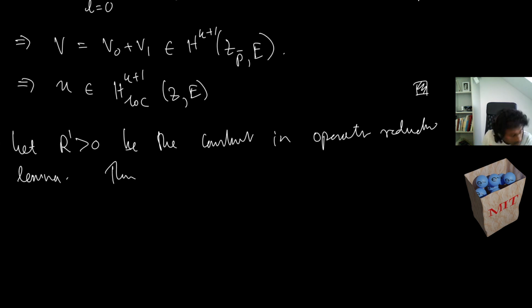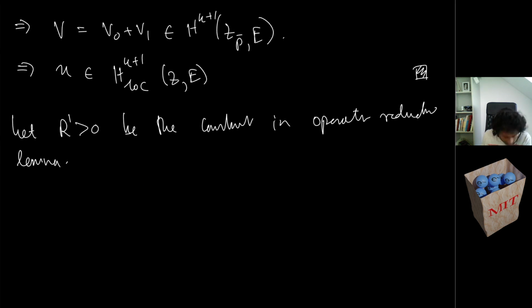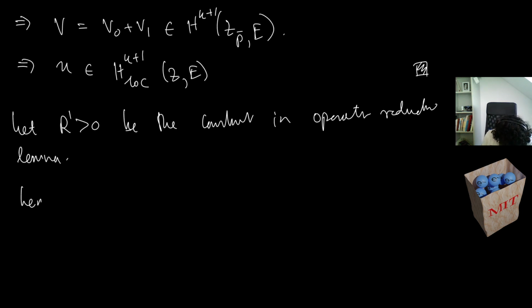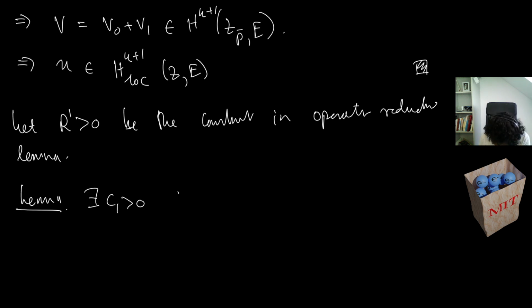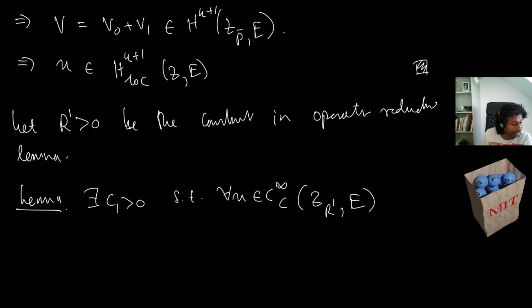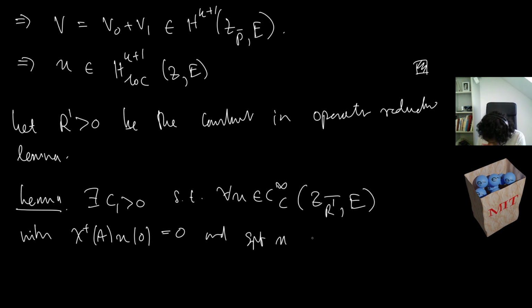Then the following: there exists some constant such that for all U in C infinity, C in Z R prime of E, with closure E, with chi plus A of U at rho equals 0, and the support of U in 0 to R prime